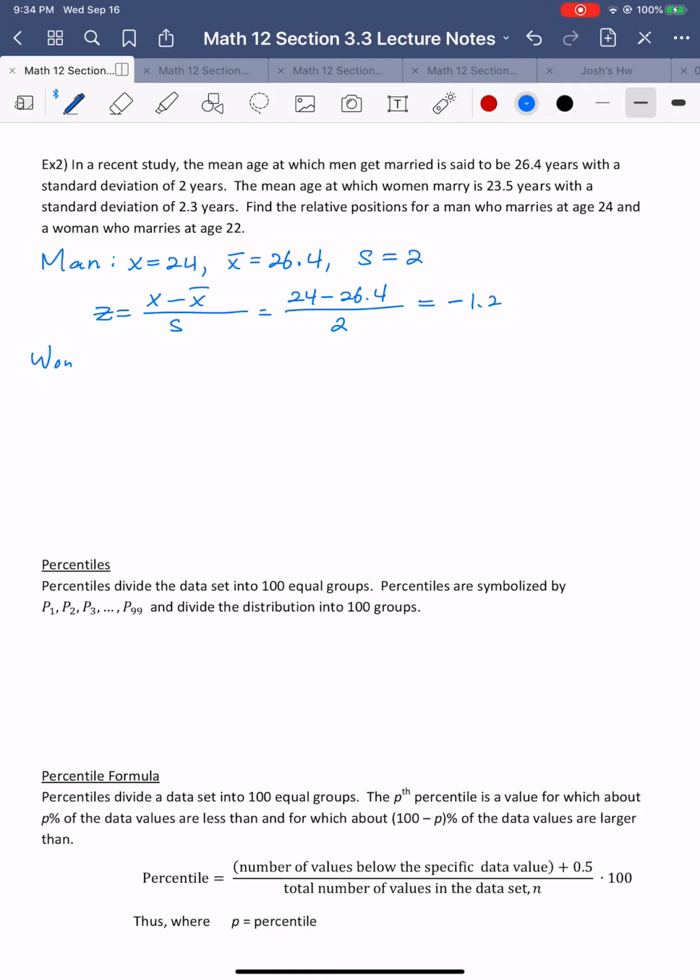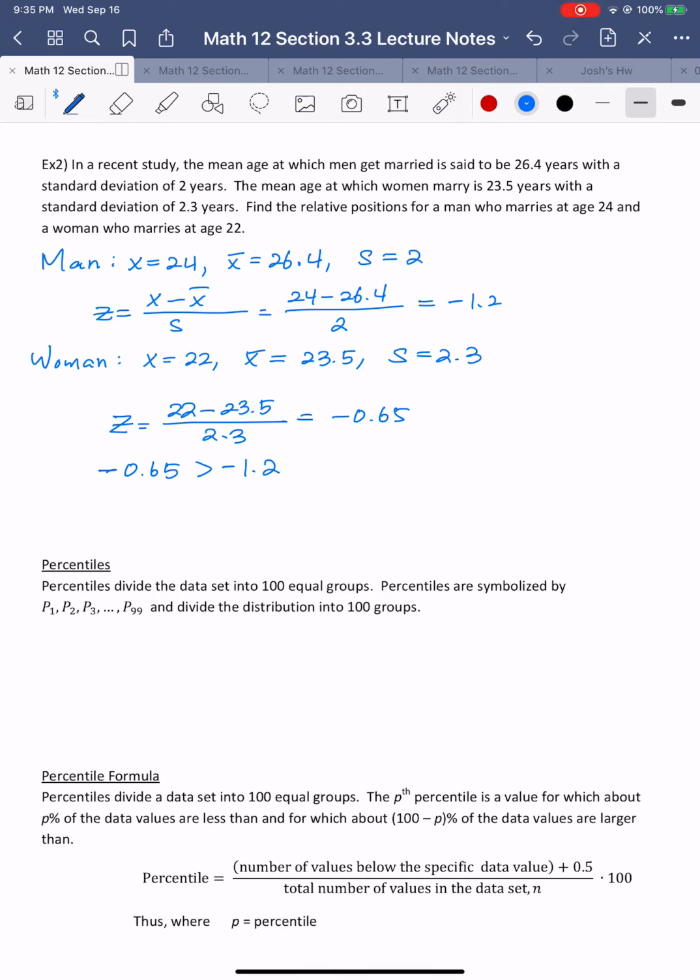For the woman, the age is 22, x bar is 23.5, and the standard deviation is 2.3. For the z-score, x is 22, subtract 23.5, over 2.3, and it comes out as negative 0.65. So negative 0.65 is greater than negative 1.2,